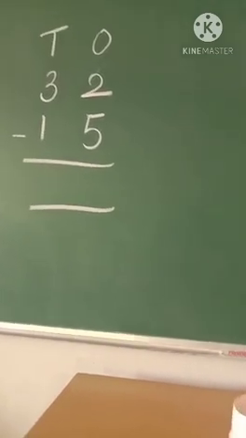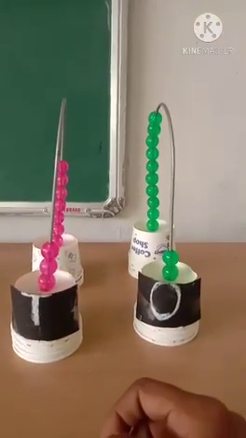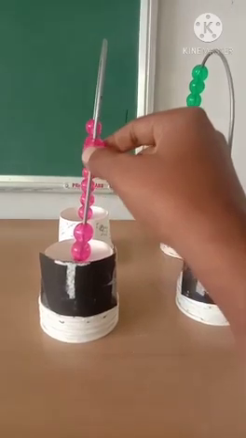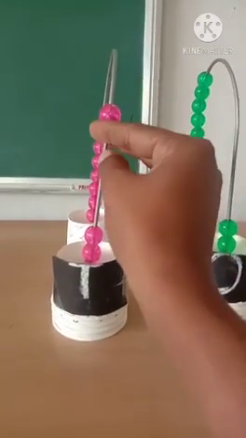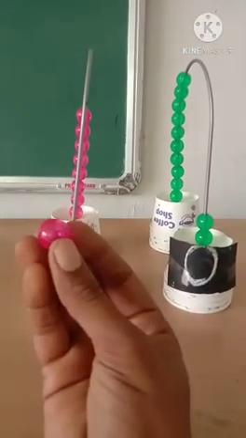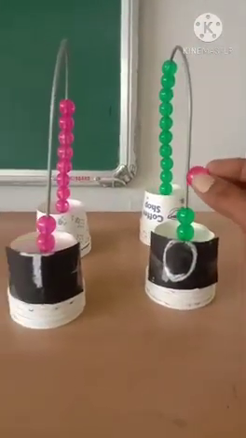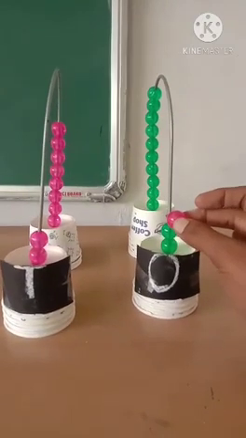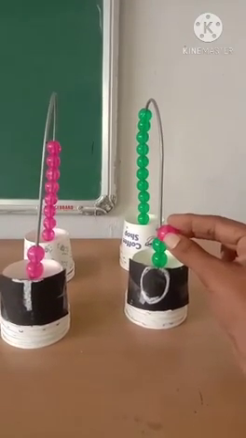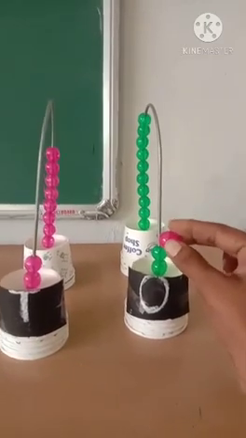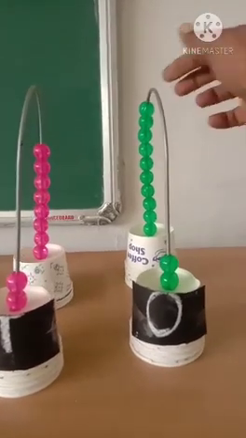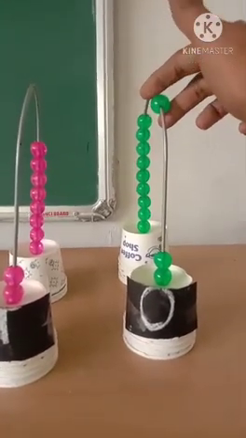So, we are going to get 1 ten from the tens place. We are going to put it in the ones place. Here is a tens bead. It is not possible for us to put it in the ones place as it is. So, 1 ten is equal to 10 ones. So, now I am going to put 10 ones here. Instead of 1 tens bead, we are going to put 10 ones.